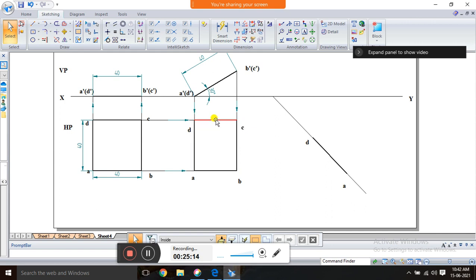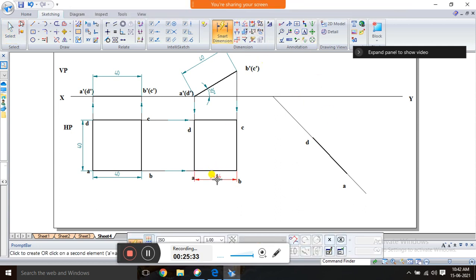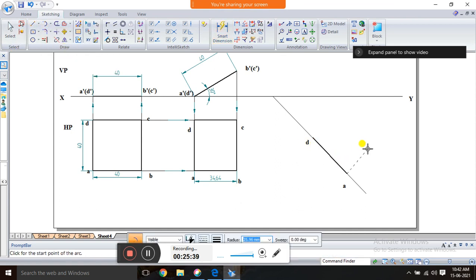Either you can go with measuring this side with a perpendicular, this is also one method. Or else you can take a compass from A to B, measure and cut the arc, D to C, measure and cut the arc. First, measure this distance. It is 34.64. Take the arc from here, 34.64, and cut the arc. Similarly from the other side, 34.64,